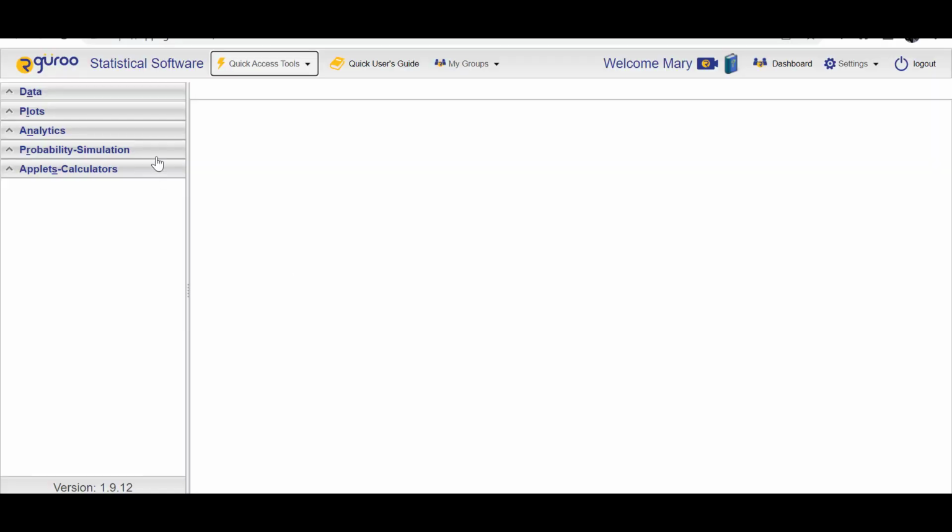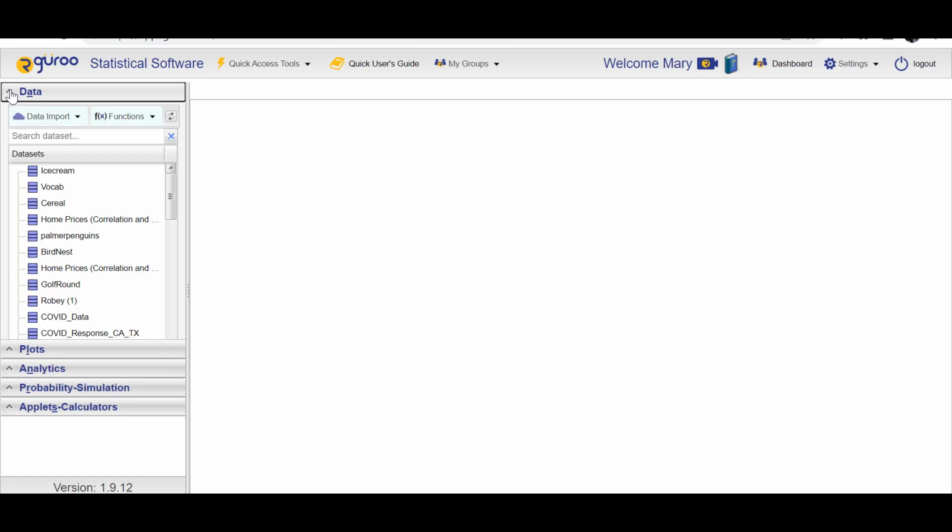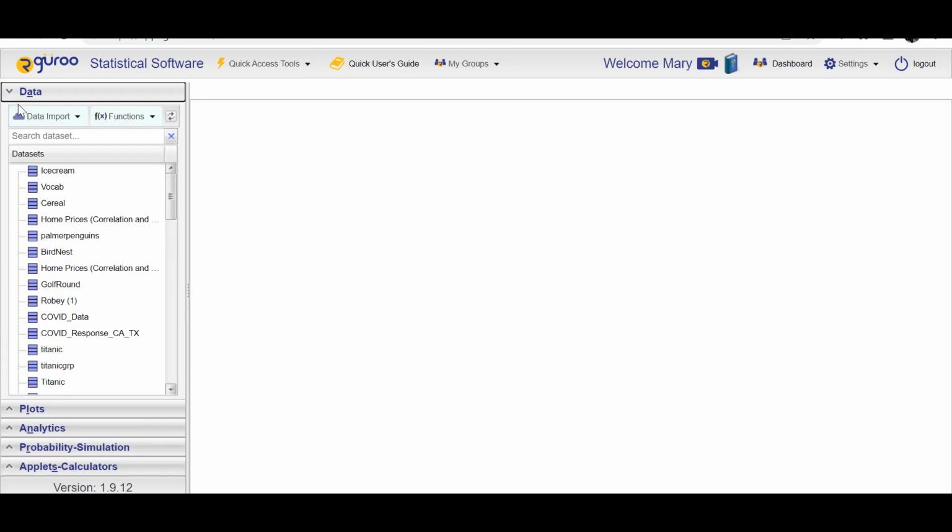Okay, I want to go through and show you how to do what I just gave you the steps for. So I'm going to enter those 5 test scores as a data set in Rguroo, so that later I can show you how to find the mean, the median, and the mode. So you would click the Data tab on the left, and then you are going to choose